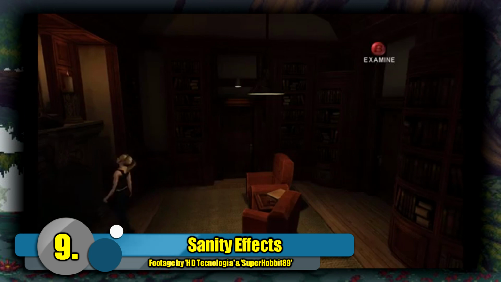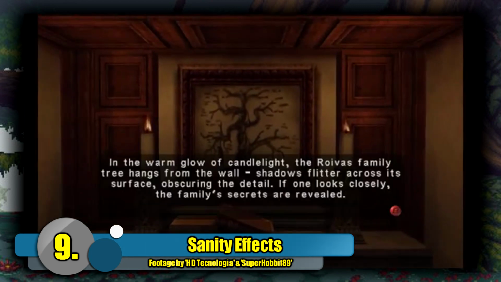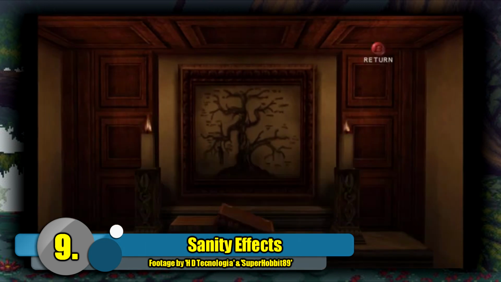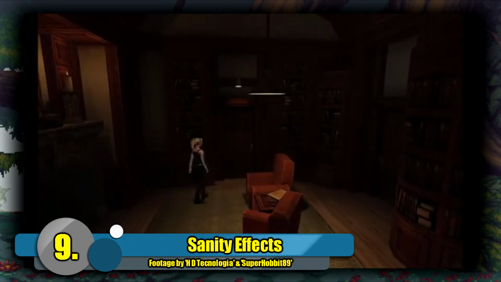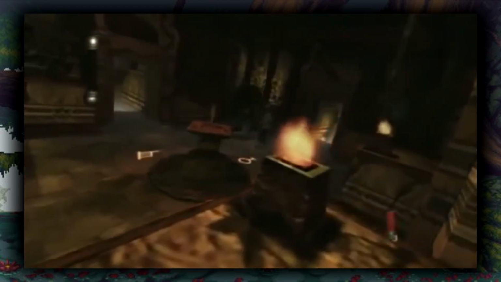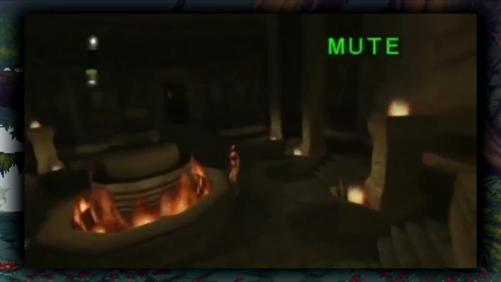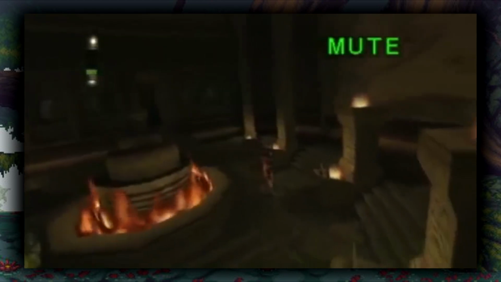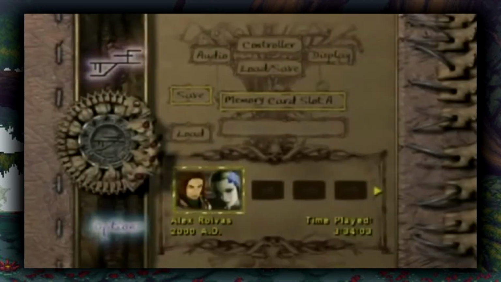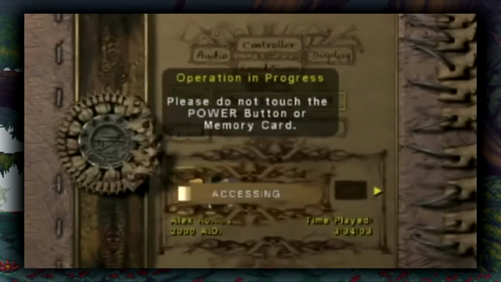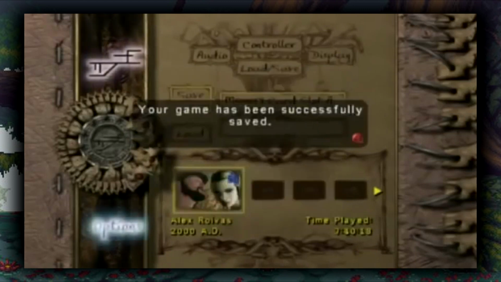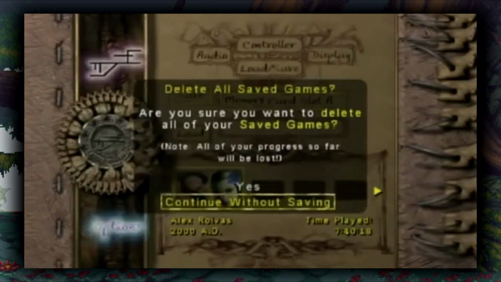Eternal Darkness is most famous for its sanity effects, particularly because most of them target the player rather than the character. For example, the game might display a black screen as if you turned the TV off, change the audio levels while showing a fake volume meter, tilt the screen, abruptly bring up a false teaser message telling you you've finished the game and need to wait for the sequel, or ask if you want to delete all your save